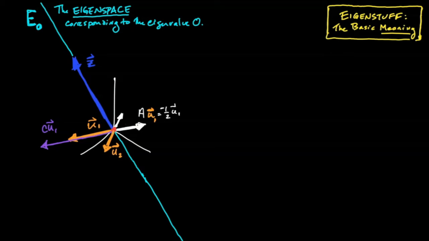Now, we've already seen that the entire span of U1 lives in the eigenspace corresponding to the eigenvalue -1/2. By the same logic, every vector in the span of U2 is going to be an eigenvector with eigenvalue -1/2. But it's better than that. Every linear combination of these two eigenvectors will be another eigenvector with the same eigenvalue. That's easy to see with a quick computation.